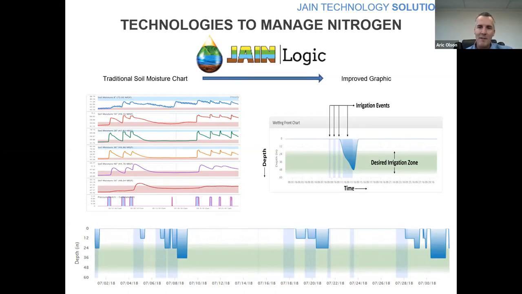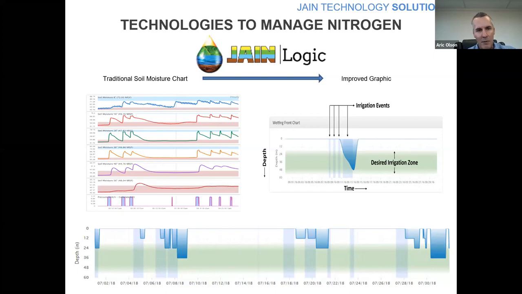That's pretty complicated. You have to really know, study and use these to be effective at managing your water, to see if the water did go past the root zone or not. We've created a tool that's much easier for our growers and irrigators to see, in one picture, how deep that water goes. It's called the infiltration rate graphic. It takes that chart on the left and makes it an easily digestible picture, the chart on the right. And you can see, if you look close, we have a desired irrigation